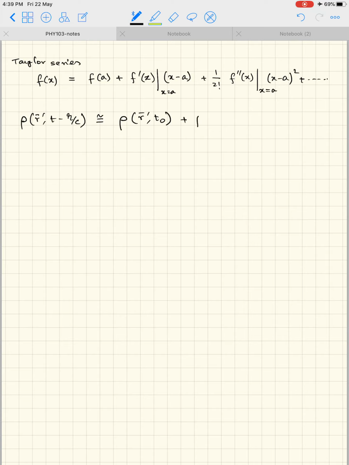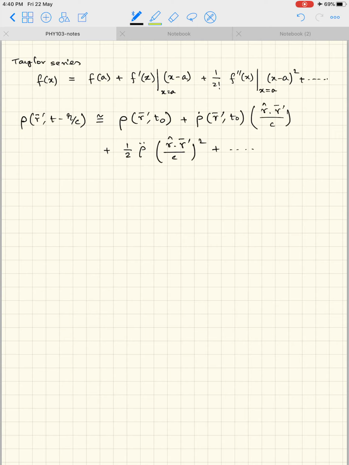So that's rho dot of r primed, t naught, and x minus a in this case is r dot r cap, r vector by c, plus the other terms in the expansion are like half rho double dot of r over c squared plus dot dot dot. Okay,